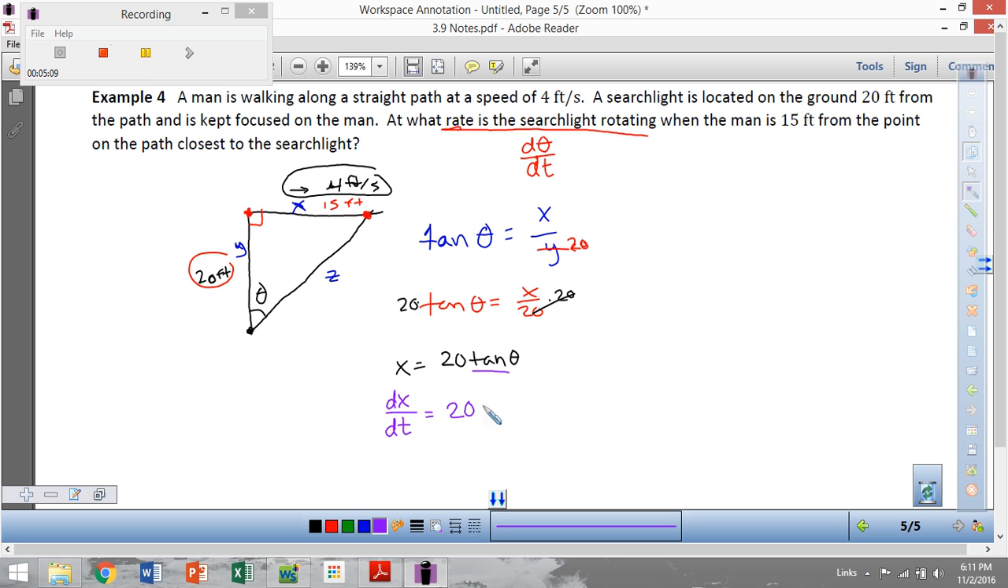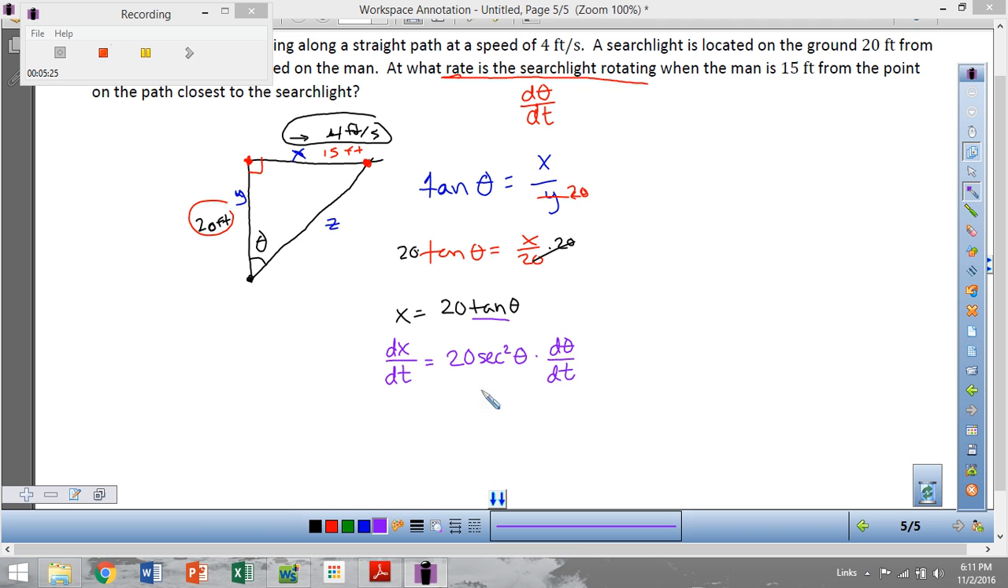Derivative of tan theta is secant squared theta times d theta dt. Okay, and again, I'm trying to find d theta dt. I've got some of the information for the other things that I need. There's going to be one little part that I don't have that we'll have to find. So, what do we have? dx dt, we know that's 4. This is 20. This is secant squared